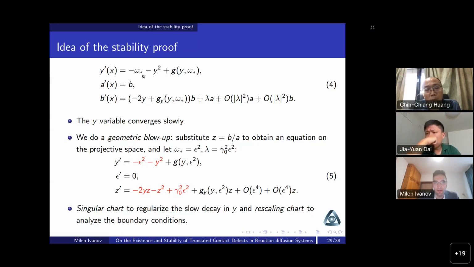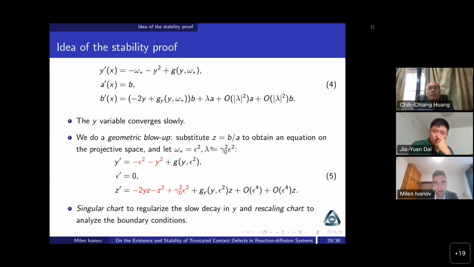So when omega star is 0, this is like 1 over x. And when omega star is very small, positive, again we have very small convergence near 0, very slow motion. And one can use the blow-up methods, for example, developed by Dumortier in around 76,